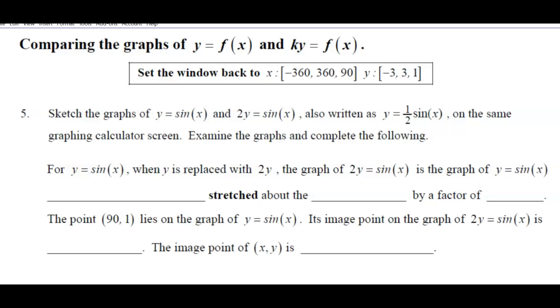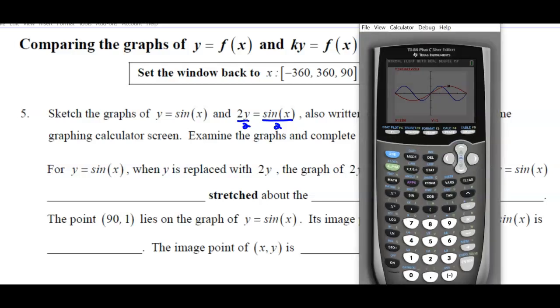Now, if we want to replace y with 2y, in your calculator, you have to get y by itself, right? So we would then have to divide both sides by 2. So we're just going to show that with the 1/2 out front, okay? Tends to be that we show it as a coefficient instead of sine of x over 2, but the same thing, okay? So now, if we graph this one,